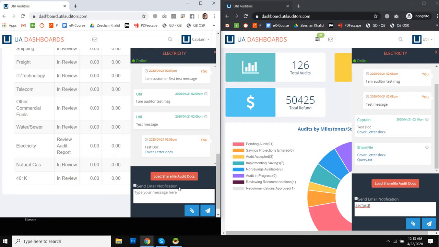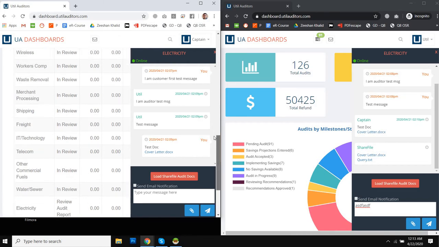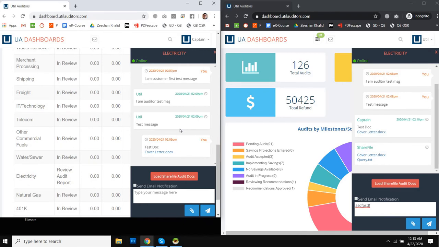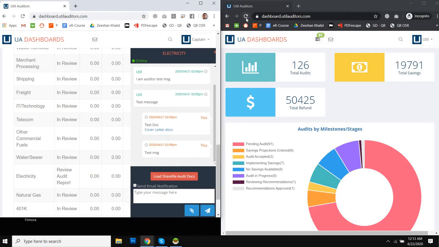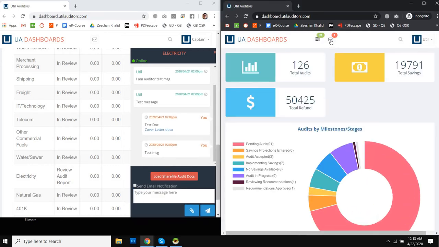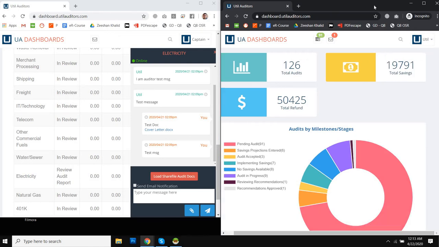I need to work on this feature, but the chat feature is almost ready and is in working condition between the auditor and the customers. Customer test. The client can also see the unread messages. Sorry, the auditor can also see the unread messages here, or let me show you,